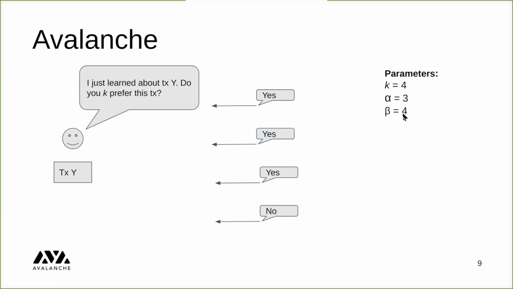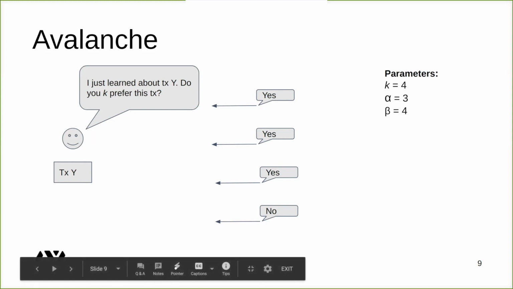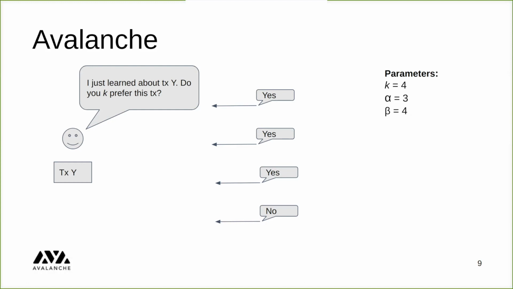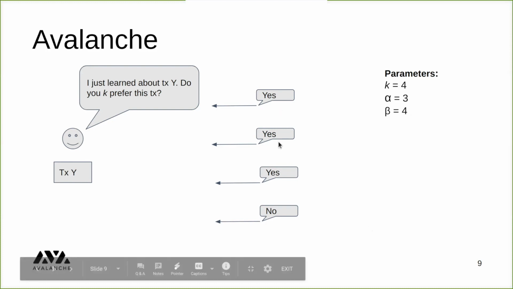So here's some happy node here. And he finds out about a new transaction called Y, and it queries the network, right? It picks K validators, and it says, do you prefer this transaction? And we'll get to that in a second, what preferences. And it gets its responses, and 3 of them say, yes, I prefer this transaction, and 1 of them says, no, I don't prefer that transaction, right? So alpha is 3. So we have an alpha majority because we have greater than or equal to 3 yes